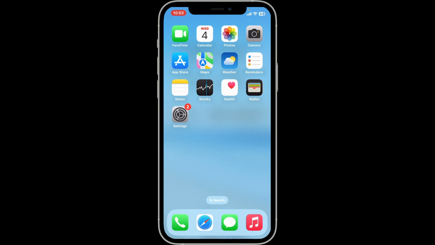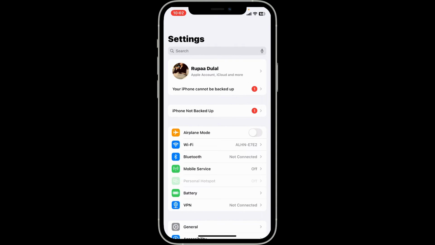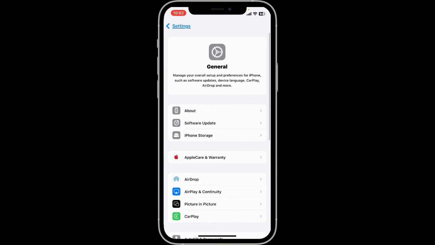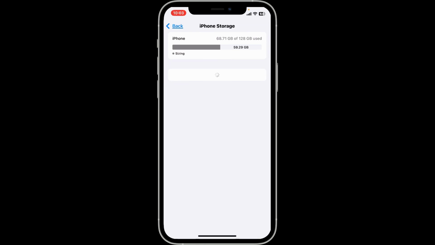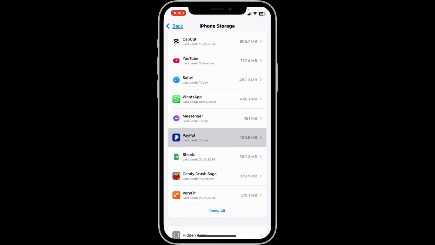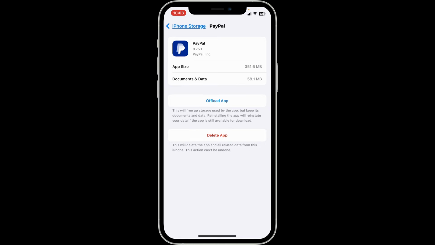If you are on iOS, simply go ahead and open up your Settings app. Once you open up the Settings interface, go ahead and tap on General. Under General, look for iPhone Storage and look for the PayPal application from the list. Once you find it, tap on it and this will open up this page where you can simply tap on